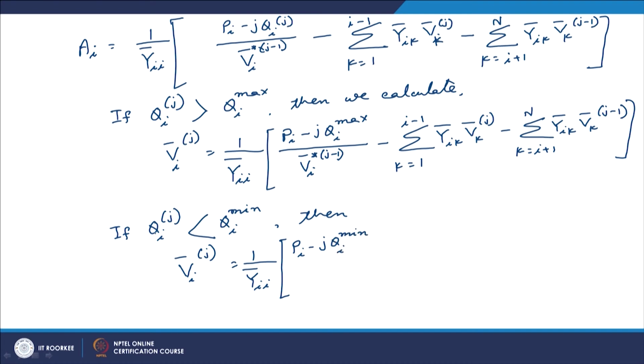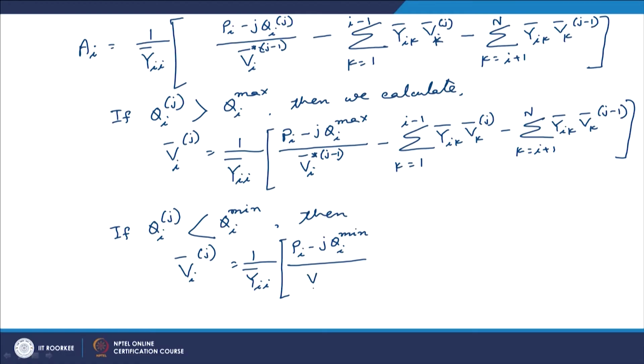Please note, when the actual value of reactive power Qi is less than Qi mean, the amount of reactive power being absorbed by the generator is Qi mean. So, it will be clipped here, and rest of the